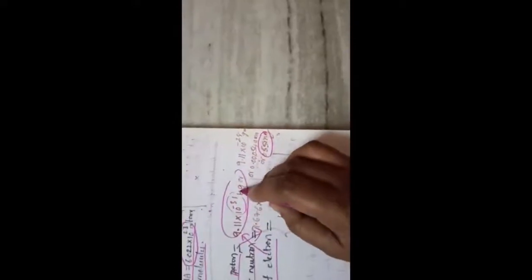So here proton and neutron both have the same mass. And coming to the electron, 9.11 into 10 to the power of minus 31 kg here. So mass of electron is this one, children. Mass of electron 9.11 into 10 to the power of minus 31. Here mass of proton and mass of neutron both are the same, 1.676 into 10 to the power of minus 27 kg or 1.676 into 10 to the power of minus 24 grams, that is 1.00867 AMU.